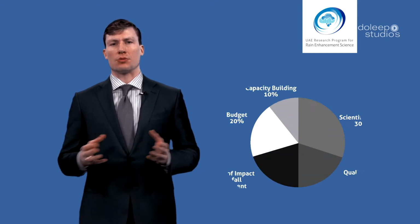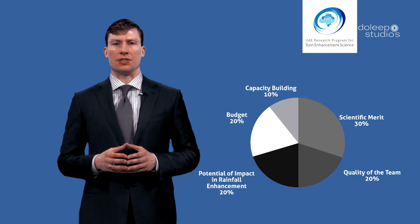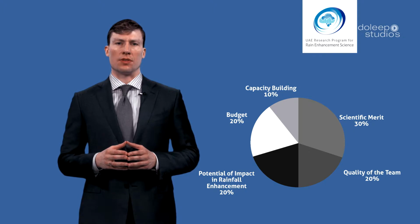The process for reviewing the full proposal involves collecting submissions from the successful researchers from the pre-proposal stage, having those proposals sent out to 3 expert reviewers for each proposal, having the reviewers score the proposals on 5 dimensions, including the scientific merit of the work, including the quality of the team involved in the work,